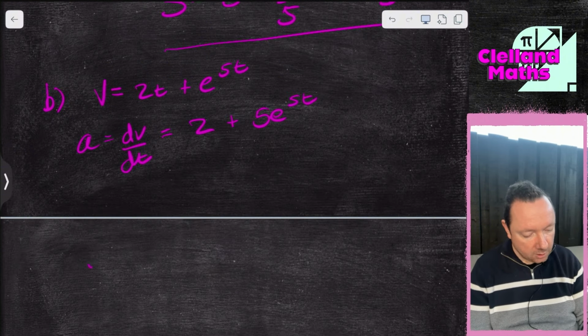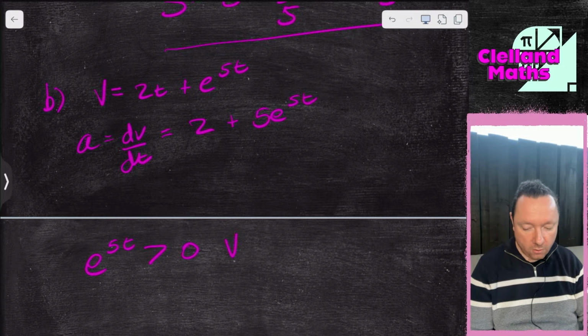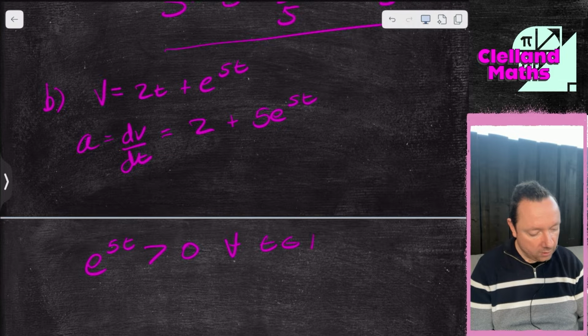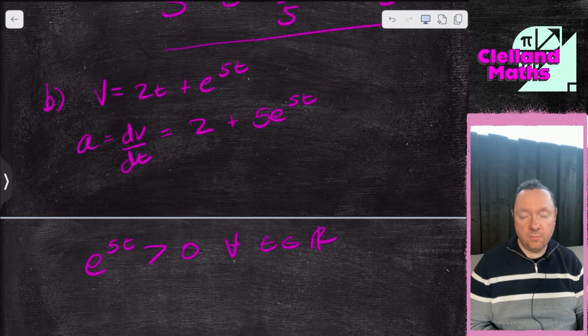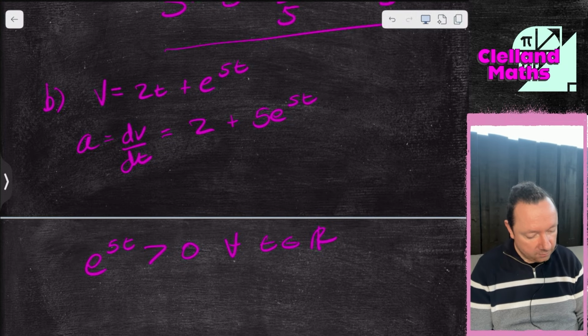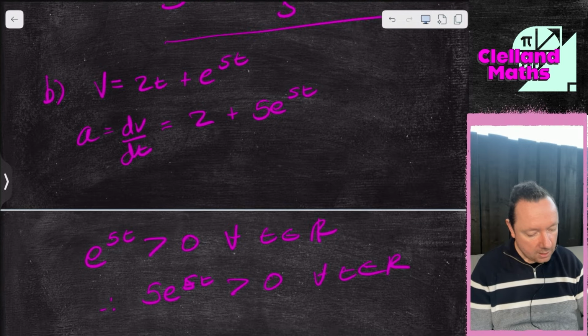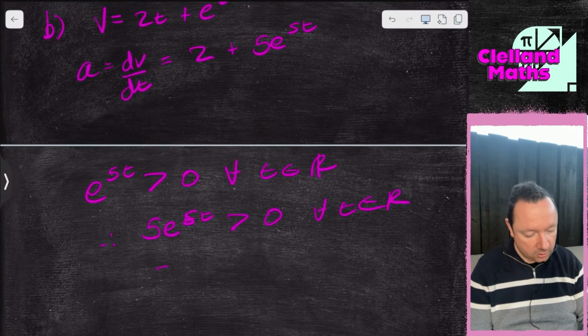Well, let's look at e to the 5t. That's always greater than 0 for all t a member of the real numbers. Because if t is positive, you've got, well, e to the positive number. And if it's negative, you've just got a fraction. So no big deal there. And that means that, therefore, 5 e to the 5t is always greater than 0 for all t a member of the real numbers. And that means that your acceleration, which is 2 plus e to the 5t times 5, of course,